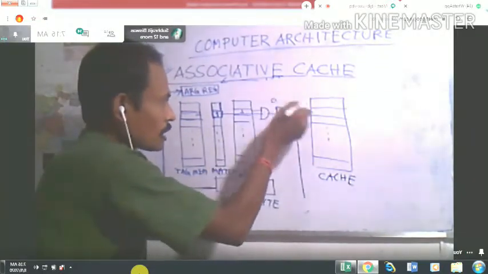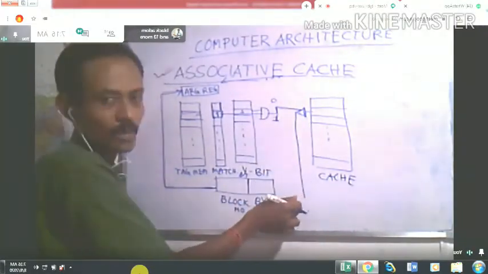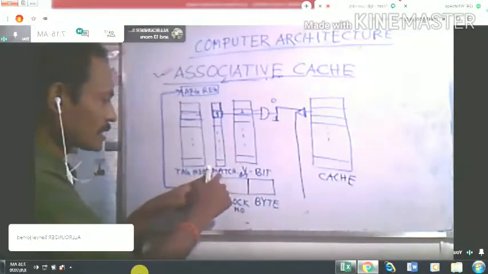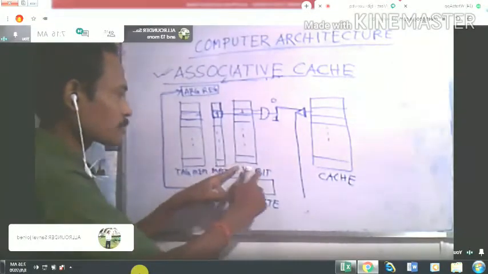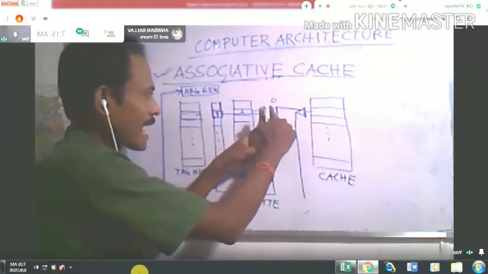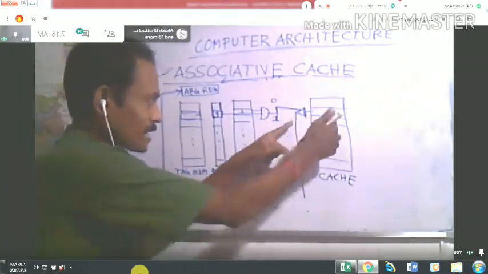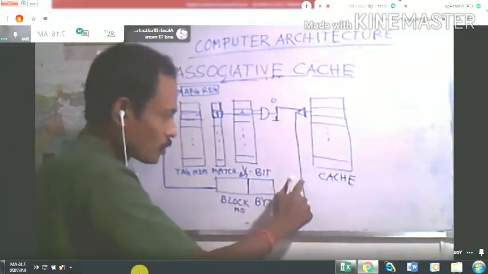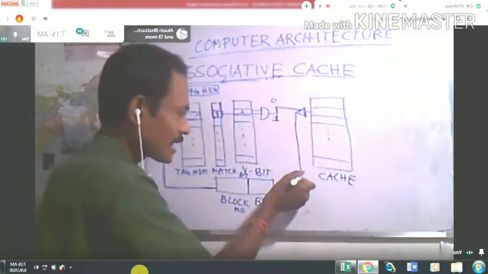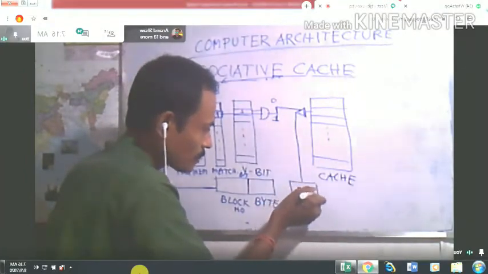Otherwise, if it is 0, then whatever value is put here cannot go through this line. So when the match bit is true and the valid bit is true, then after this AND operation, whatever values are put in the inverter from the cache block can go out from this line, and will be stored in a multiplexer.